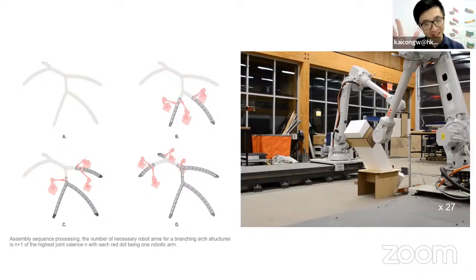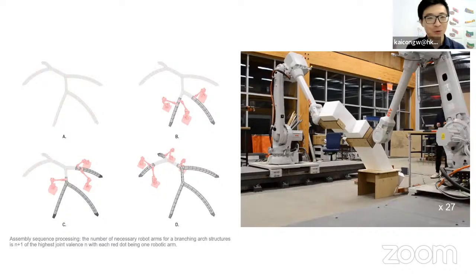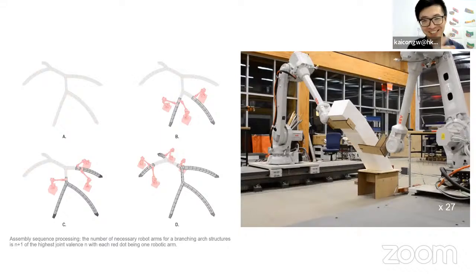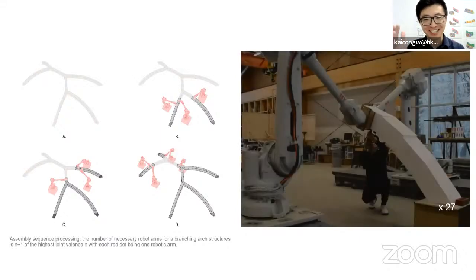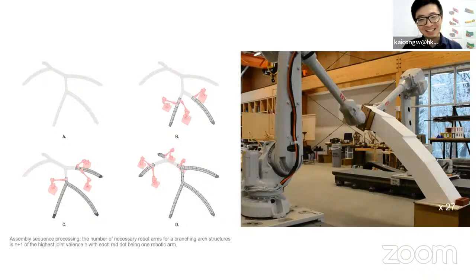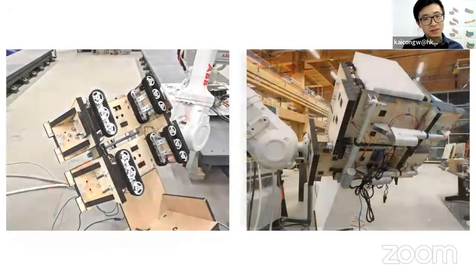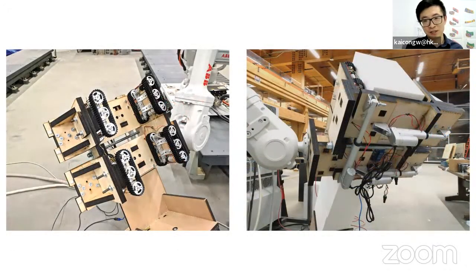And then, at that moment at least, we only had 2 robotic arms in the lab. And that means I can only always design a single branch arch, right? Which is, if you think about the design potentials, almost nothing, right? So obviously I want to do more. So I was thinking, what if I want to do multiple branch structures? And I immediately realized it's actually using more and more robotic arms in order to make that. And that's gonna become something quite tricky because, of course, we can keep investing more money to buy more robotic arms. But then,